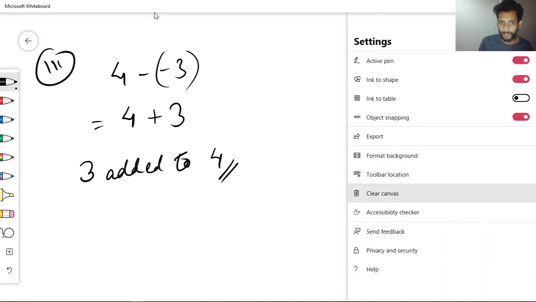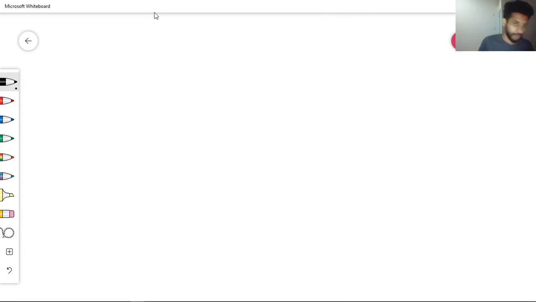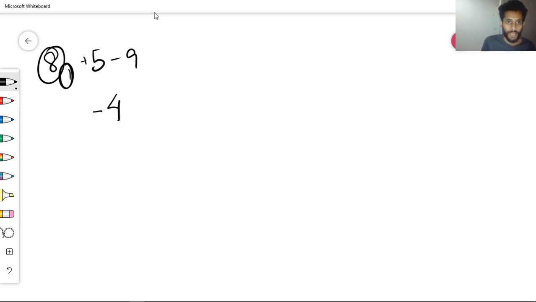This is it. Now the rest of question number 7 is your homework. So we will be doing question number 8. Question number 8 is this, 5 minus 9. So now this is plus here, this is minus here. So we will be using the second formula. So plus minus, we have to do minus. When we minus it, 9 minus 5 is 4. And the result will be in minus. Why? Because the bigger one has the minus sign. So this is the answer.